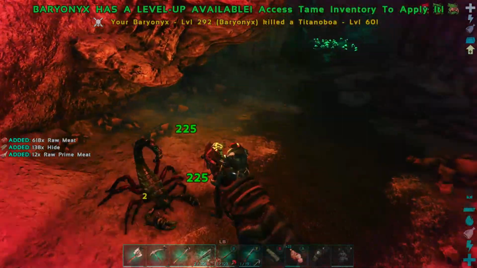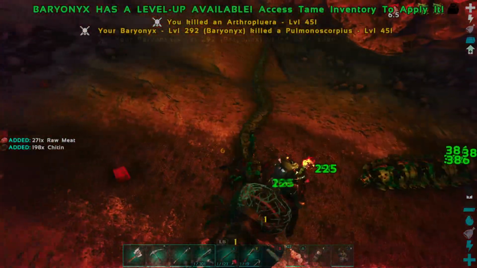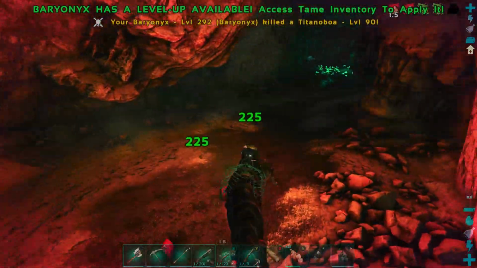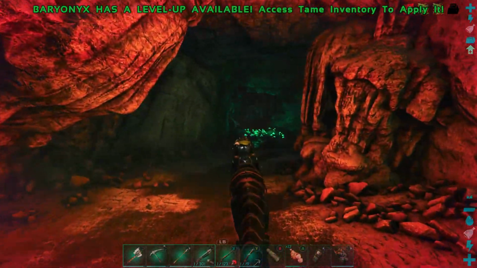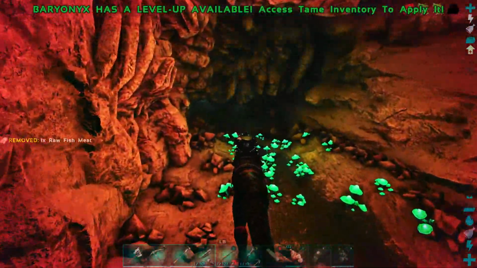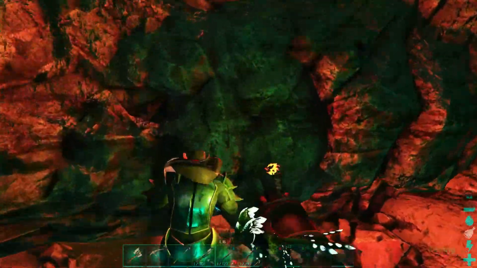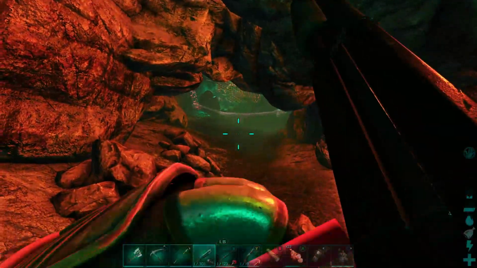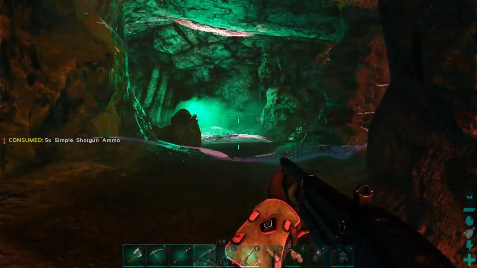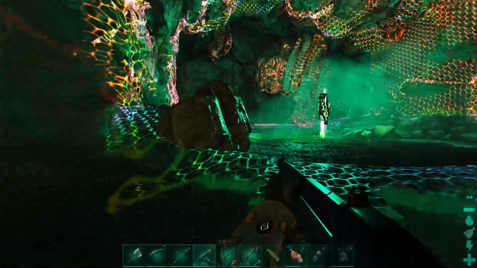The Arthropleuras are always just a massive issue. There we go. We got scorpions falling, and another Arthropleura. There we go. Snakes falling from the ceiling. Now, I would say this might be one of the worst parts of the cave right here. You kind of have to go in by yourself, unfortunately. So, let's load up the shotgun. We should be pretty good. If we want, we can lure stuff out here, if there's anything in here, which I don't think there is, but...